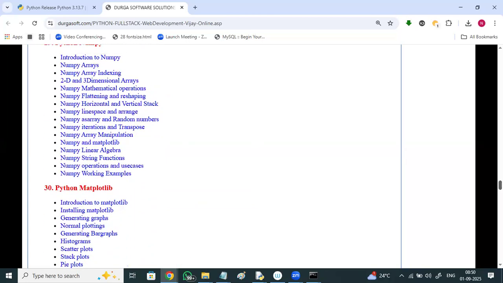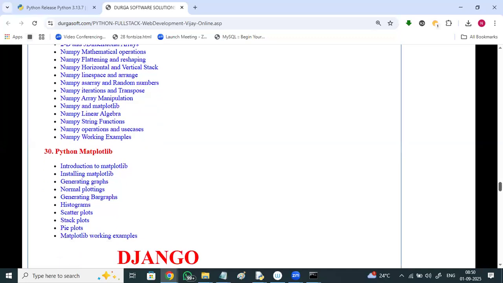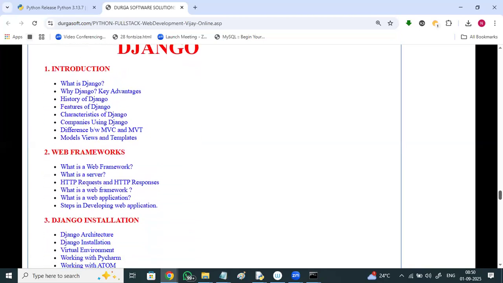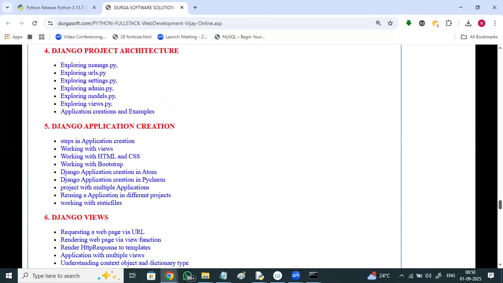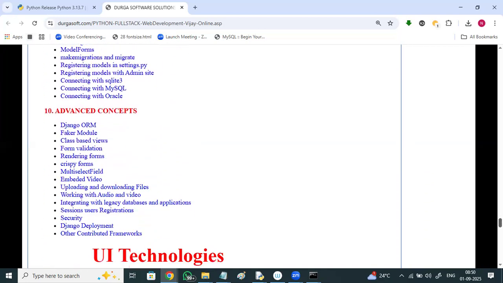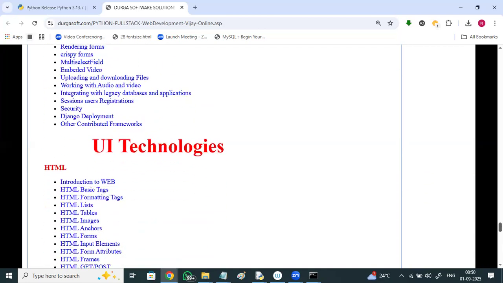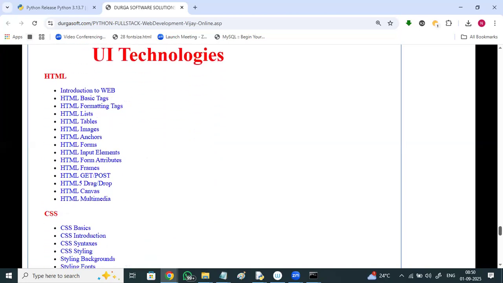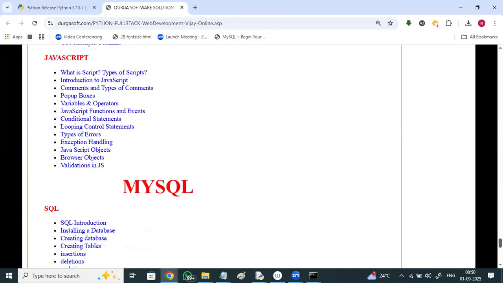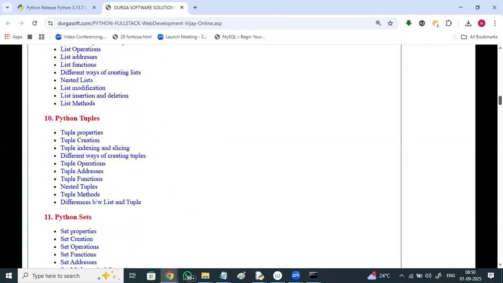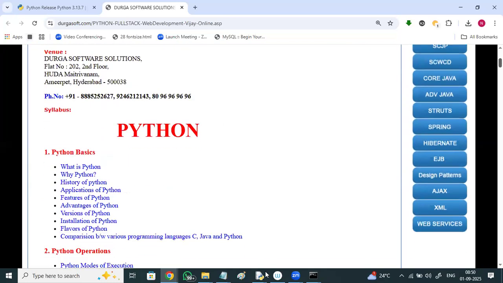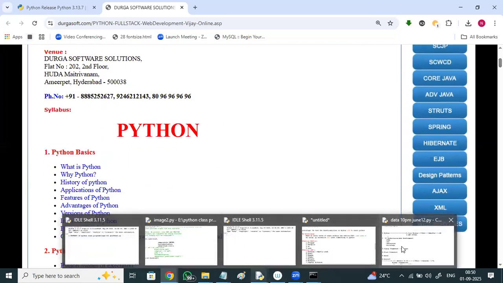These are the topics for Python Core and Advanced. Apart from this, for people who want to go for Python full stack, Django framework in brief. With around 15 applications we'll be developing during this course, in hands-on sessions where you'll be working along with me in parallel. UI technologies will also be discussed, like HTML, CSS, JavaScript, MySQL, and Flask framework. One more framework I'll be discussing for this batch for free is the Flask framework.